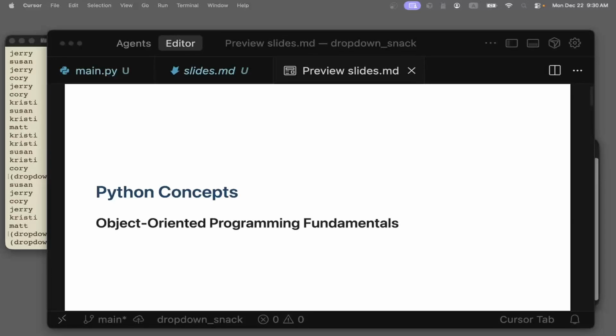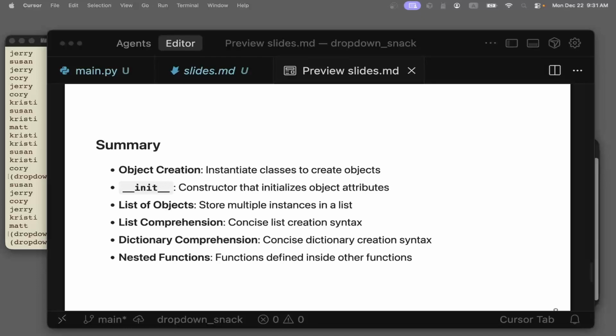In this video, we'll be covering Python object-oriented programming fundamentals. We'll also cover data structures, dictionaries, and lists using structures such as list comprehensions and dictionary comprehensions to get the information into the dictionaries and the lists. We're going to control the display of the object information onto the screen by use of a drop-down menu in